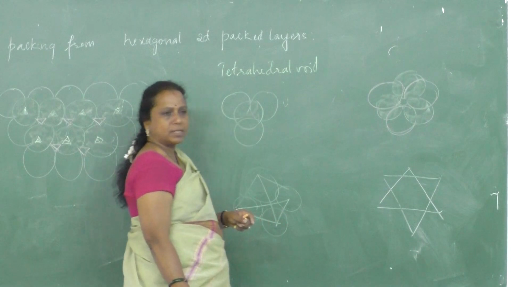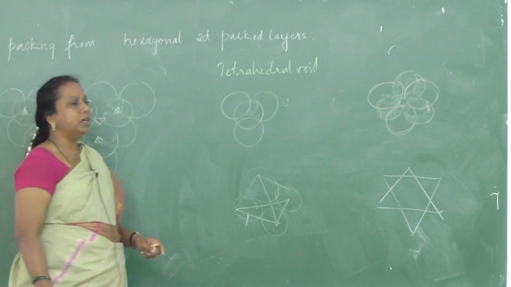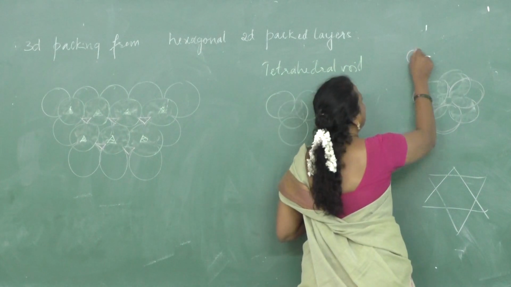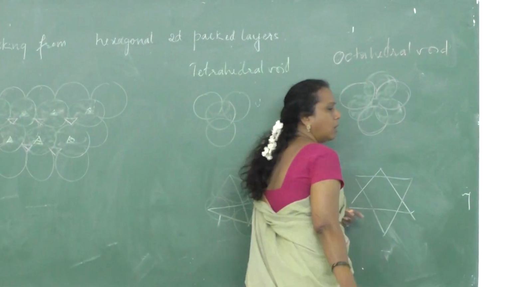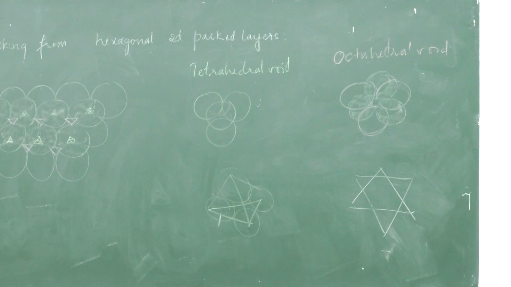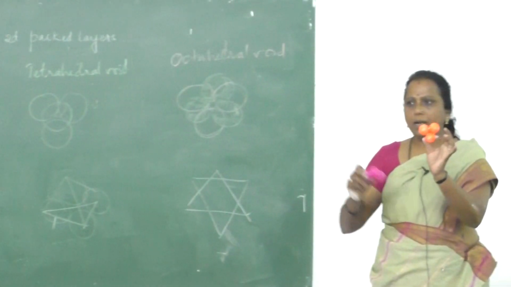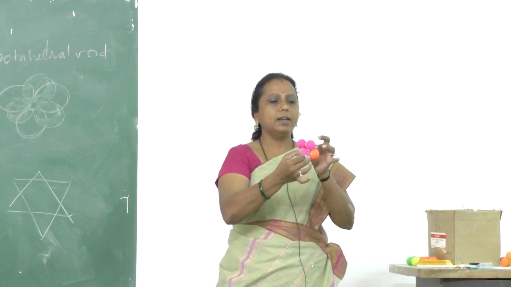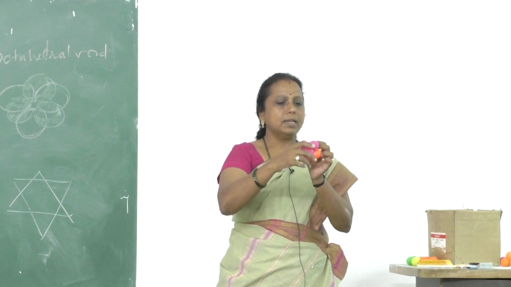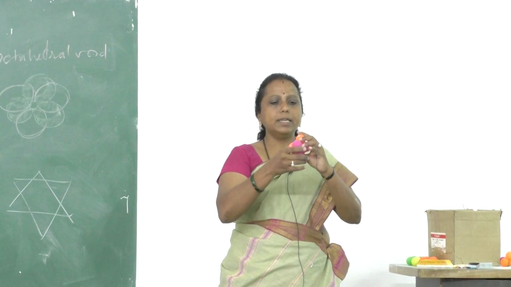This unoccupied space is due to the octahedral arrangement of the spheres. We call this an octahedral void. Octahedral void is produced due to the arrangement of how many spheres? Six spheres. So this is one trigonal void and one more trigonal void arranged spheres. I am placing them in such a way that they are reverse in direction. See, there is a void. You can see the void.